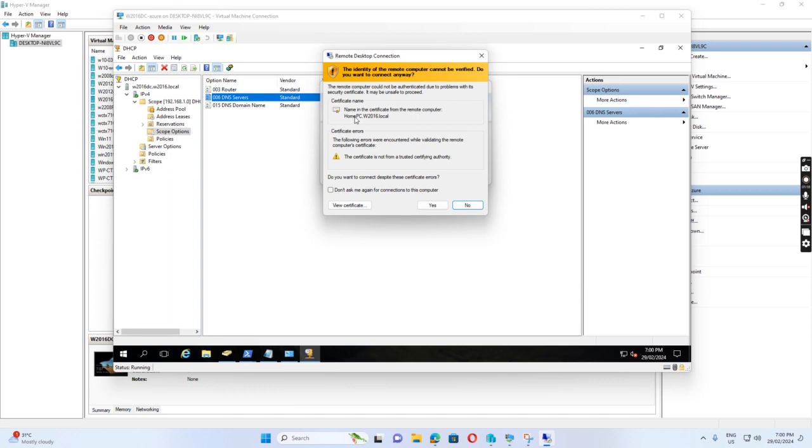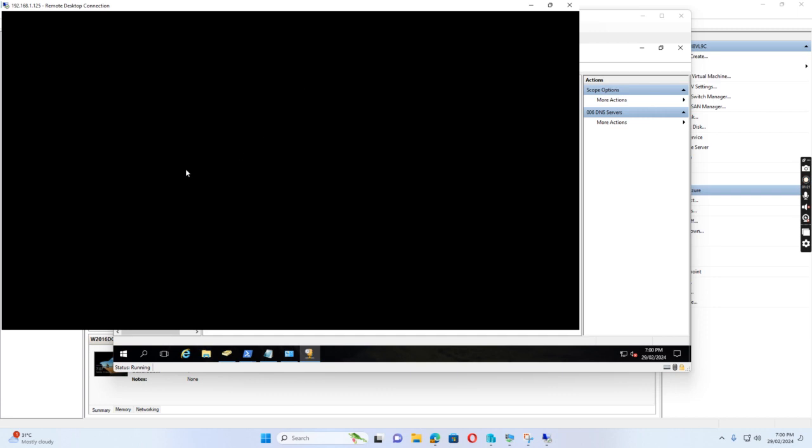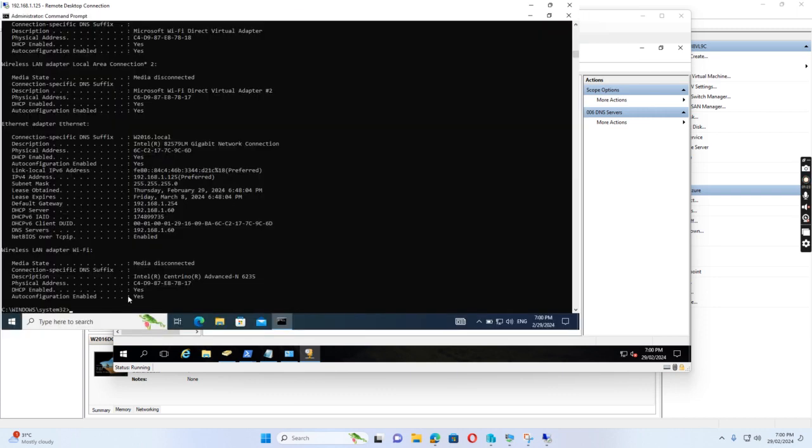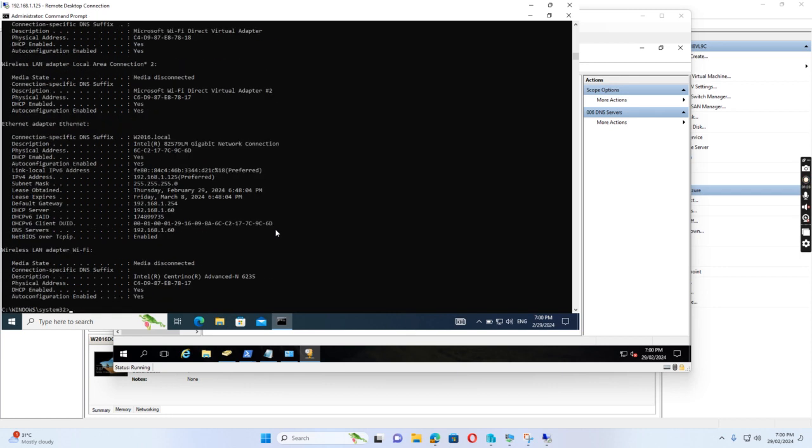the computer name is HOME-PC. So I just log in. When I log into this computer, I run ipconfig /all. So I get this: the default gateway is 254, the DHCP server is this domain controller, and the DNS